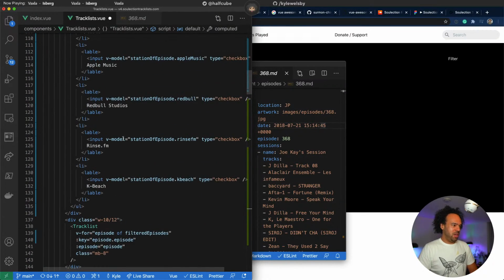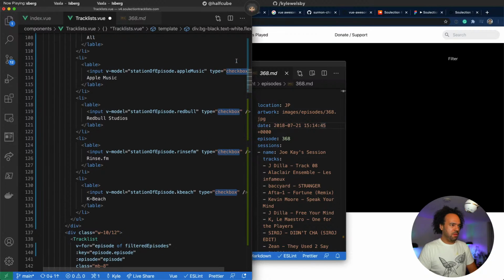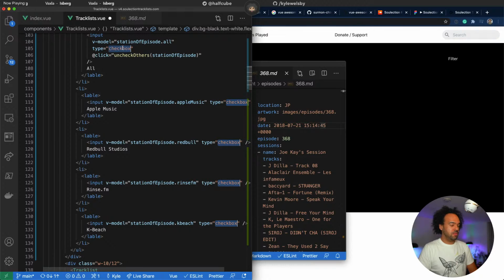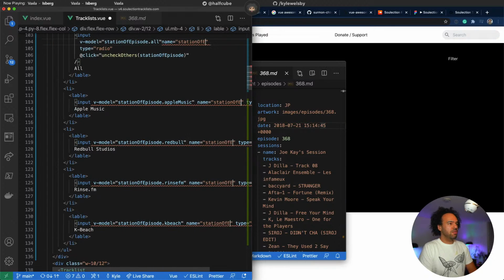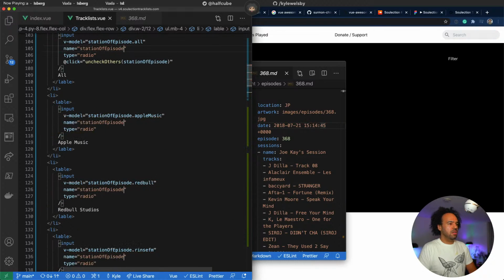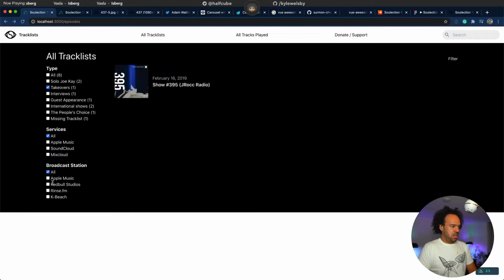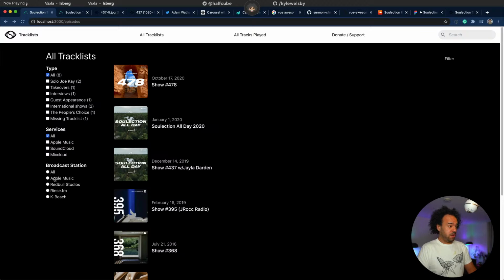So I might be able to change that to radio button. And if I add in a name for that, station of episode, that should be all radios and it should flick.